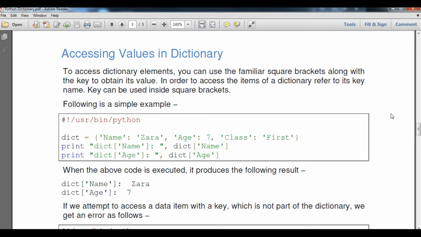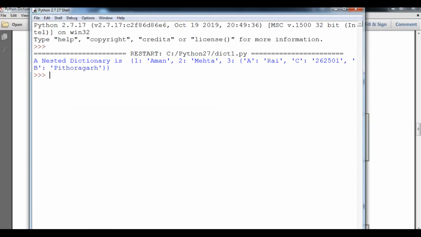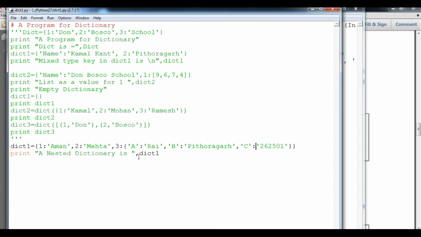So here a dictionary is created with name Zara, age 7, class first, and we are going to print the value, that is dict of name. It will definitely give Zara. Dict of age gives 7. So we are going to do the same, student. Suppose that I have this particular dictionary, as you can see.